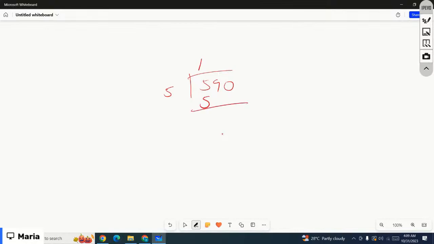We can go for 5 times 1 is 5, right? And 5 take away 5 is 0. Now bring the next digit down. You have to count the table of 5 until 9. So 5 times